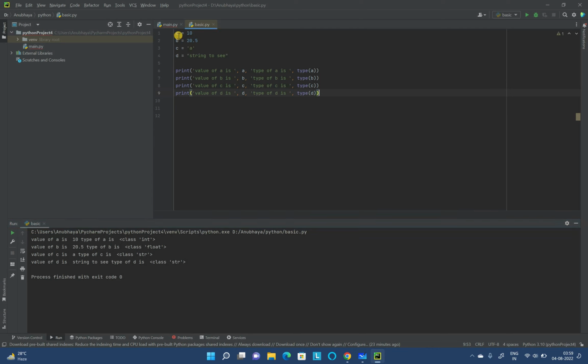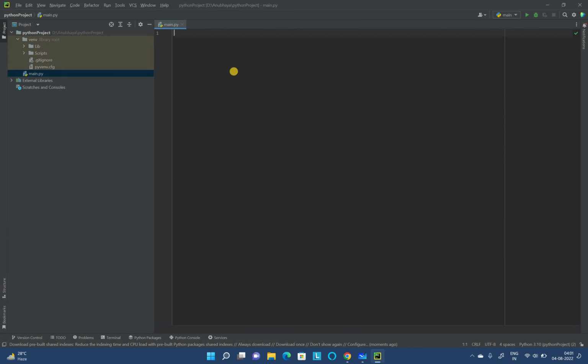Here I have passed the values. What if I want the user to give the values? I want an input. So let's move on to another program. Now let's take an input from the user. First I will define the variable name, and here I will take the input function, where I will pass a message to let the user know that I am requiring an input from